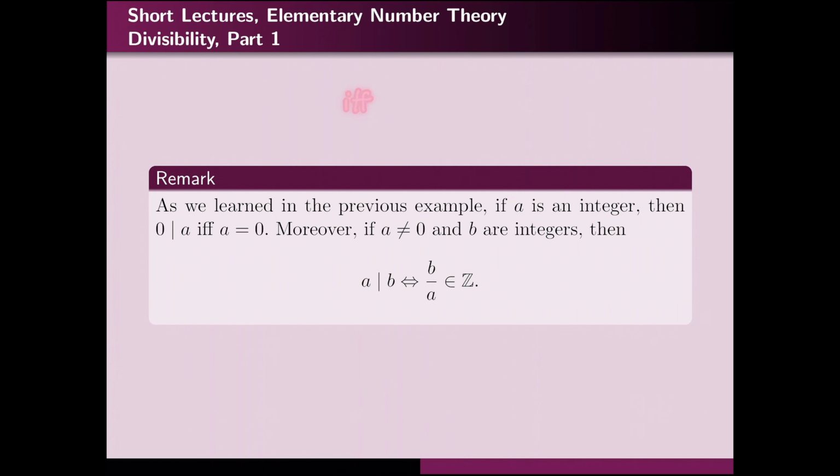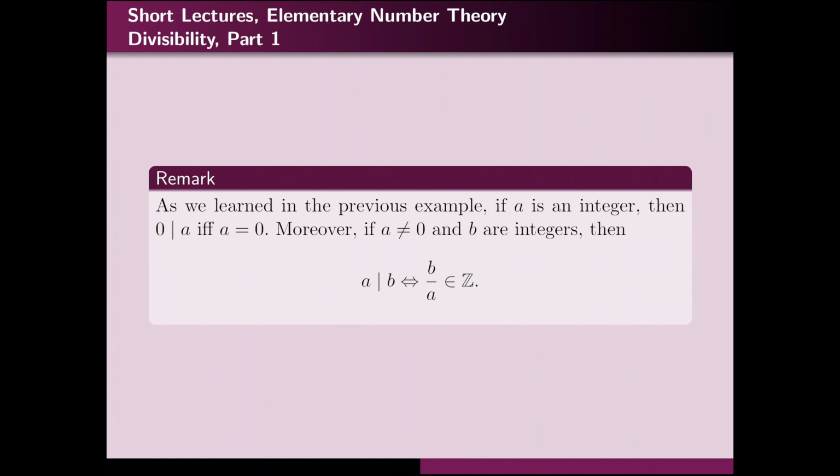So here, I would read it as 0 divides a if and only if a is equal to 0, meaning that if someone tells me that 0 divides a, I can conclude that a is equal to 0, and if someone tells me that a is equal to 0, I can conclude that 0 divides a. So that is the meaning of this phrase. So remember, if this statement is supposed to be true, there is only one scenario, and that is the number on the right should also be 0.